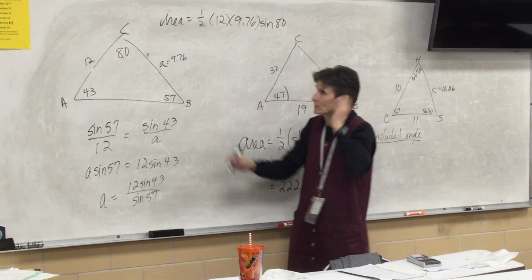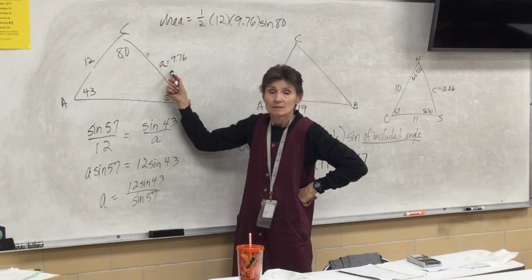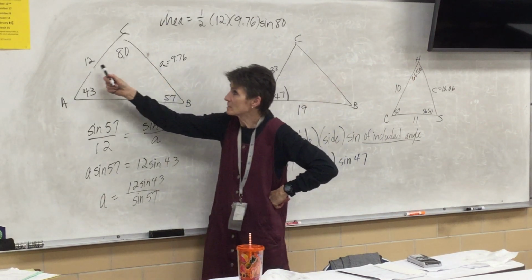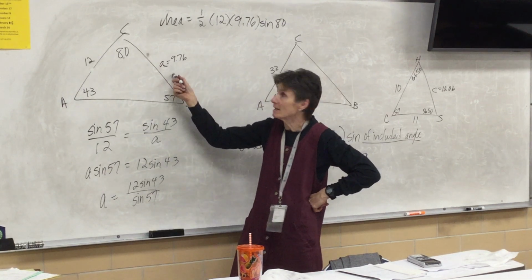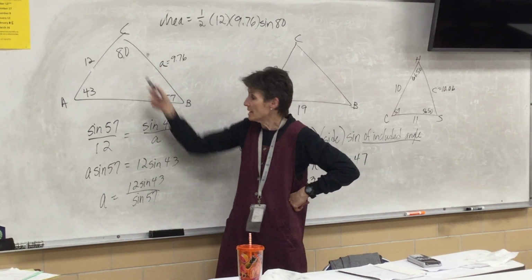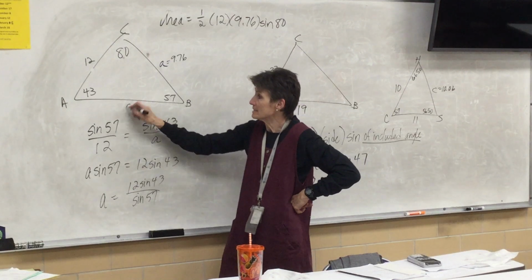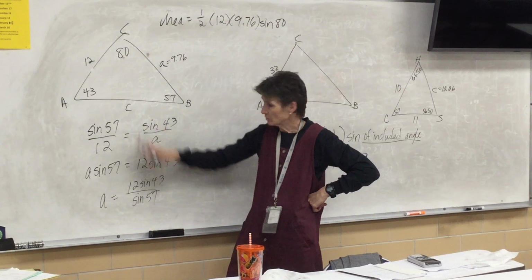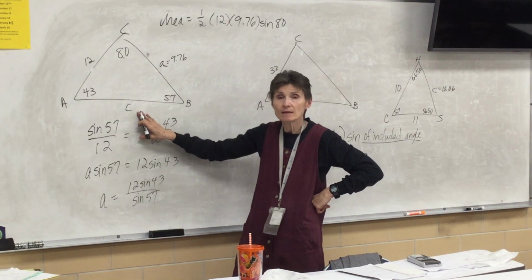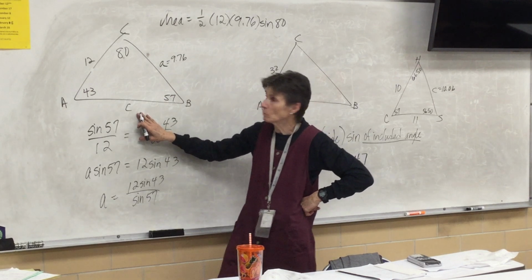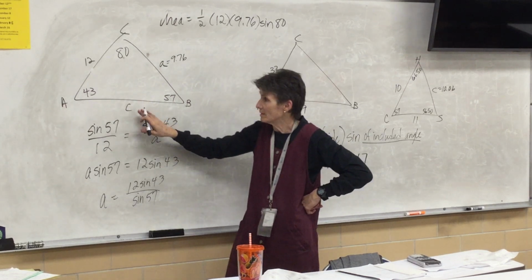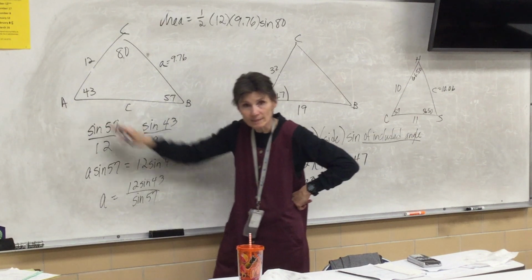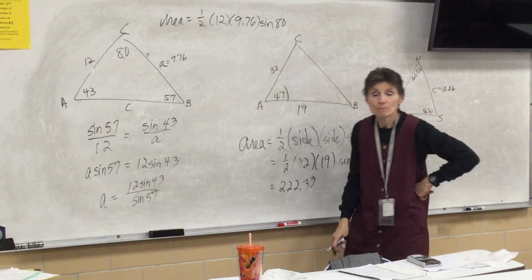If you found side A, then you're going to use side 12 and side A. This is the angle you have to use. Now, here I could have just as easily found side C, doing the same thing. Then my area would have been 1/2 times 12 times this times sine 43. When you do your area, you must